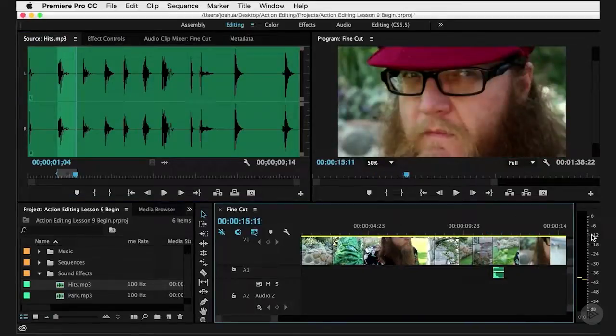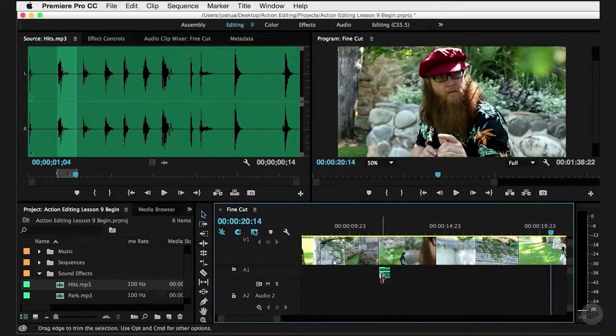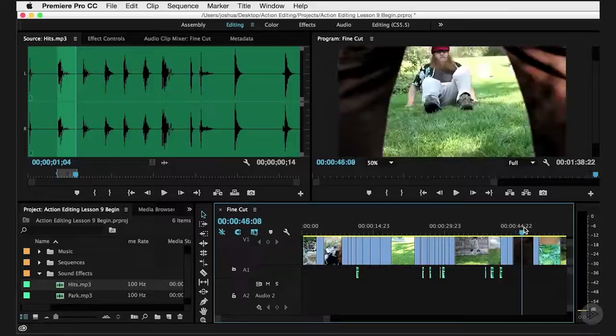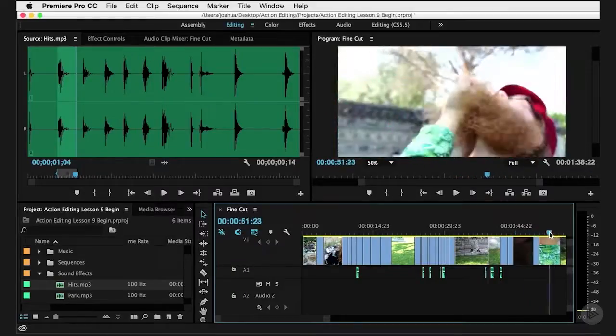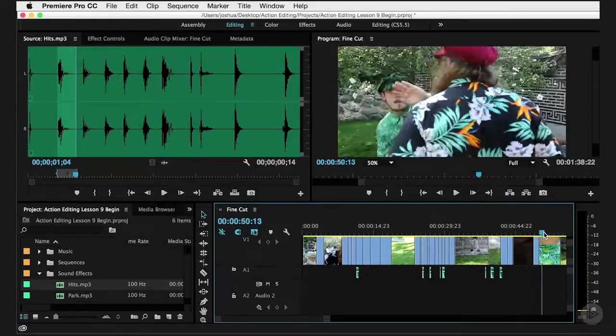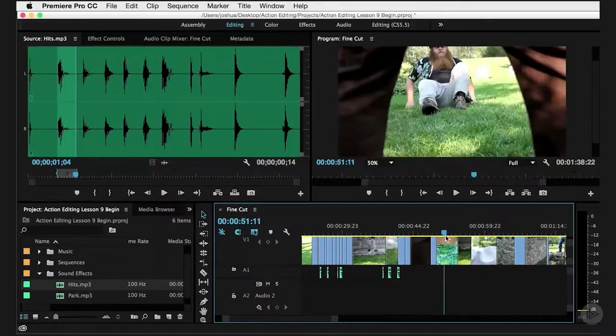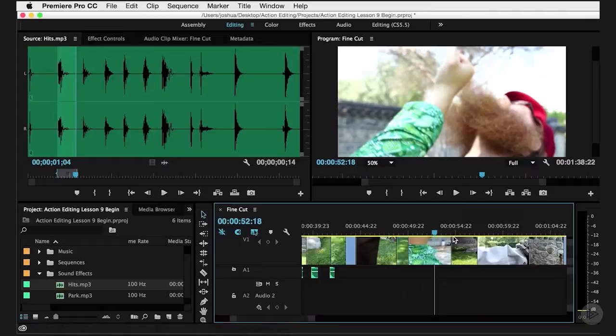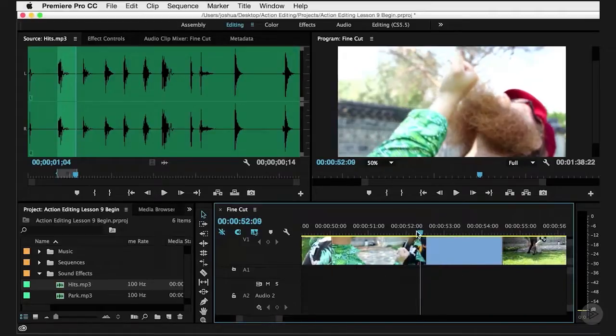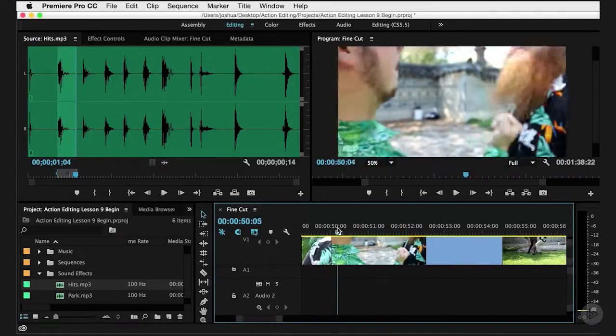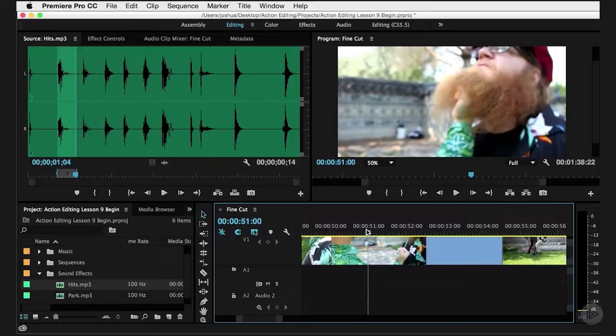Let's go find a place to put this guy. I don't want to use that one. Let's go find a place to put this guy. It's going to seem a little out of place right here. We're going to do more stuff to this shot, but right where he hits, right there,